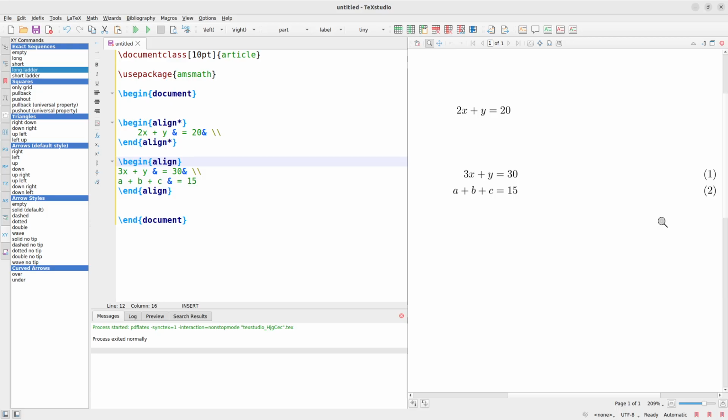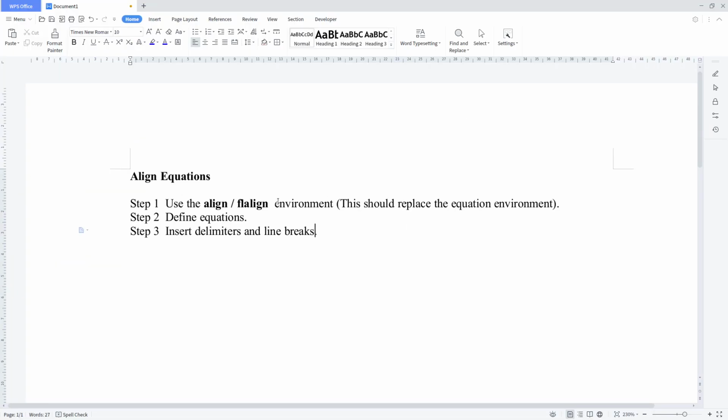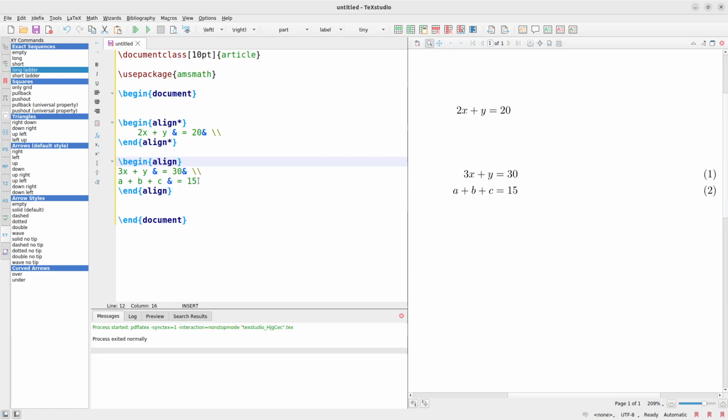Okay, so this is for the center. Now the same principle is what we use for the FL align. Okay, the same principle that we use. So that will give us the left aligned. And so that means instead of the word align, all that I have to do is to change it to FL align. So here I'll just say FL align, and make sure that when you're using FL align, you make sure the other blocks also have the same. Or just to put it, let's just recreate it so that